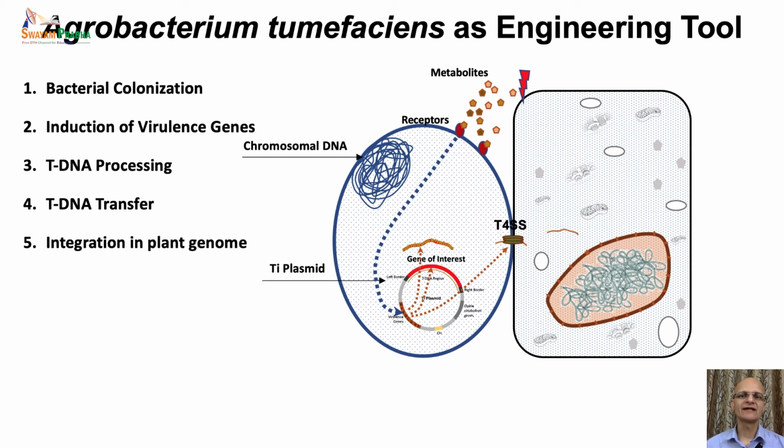The next step is the integration of this T-DNA into the plant genome. Now the single-stranded T-DNA complex has reached the plant cell cytoplasm. However, in order to integrate into the plant genome, it needs to enter the nucleus, as the nuclear genome, or the plant genomic DNA, is present inside the nucleus. The Vir proteins that protected the single-stranded DNA or helped to package it into a smaller complex, which helped its easier translocation through the communication channel,